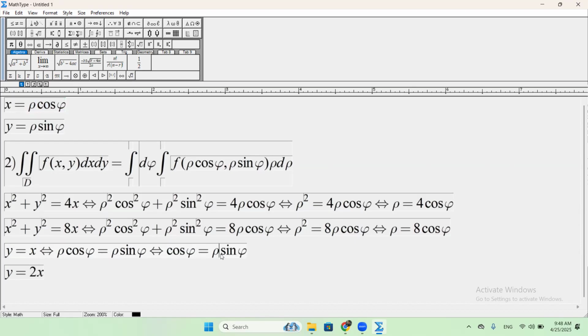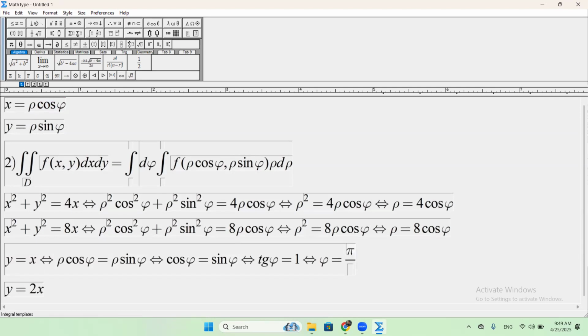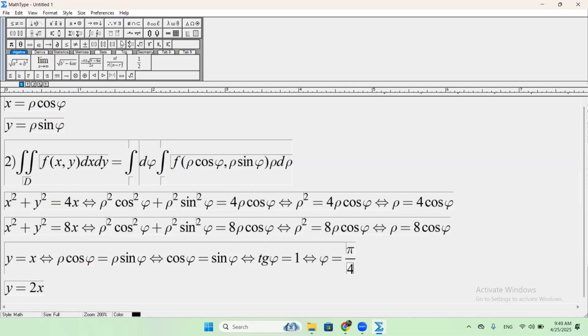So cosine of phi equals sine of phi, and it means that tangent of phi equals 1, so phi equals pi over 4. So we found the limit for phi,